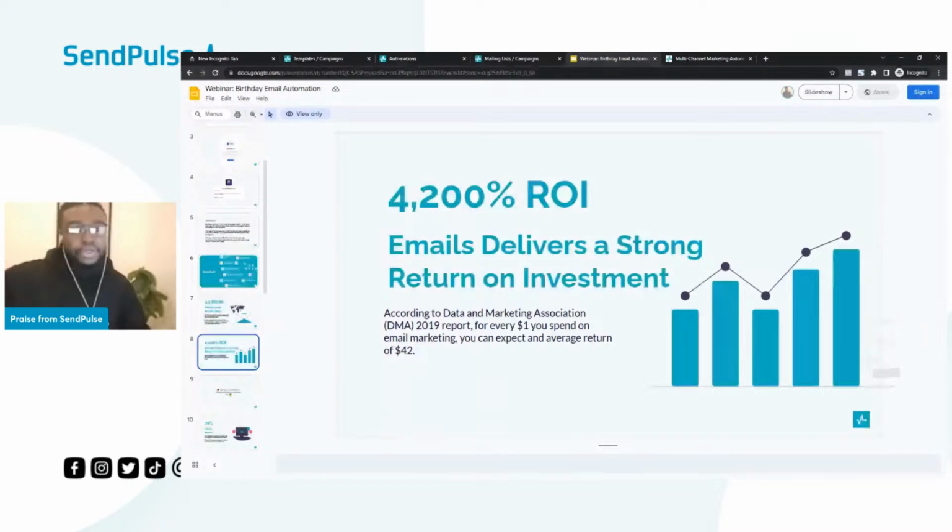So, you could use social media marketing, you could use billboard, whatever marketing you want to do. The whole goal is that you make sure that you capture the email address of your audience. If you don't have the email address of your audience, you've basically thrown money away. All right. So it's important that whatever marketing tactics or marketing strategy you have, you need to implement email marketing